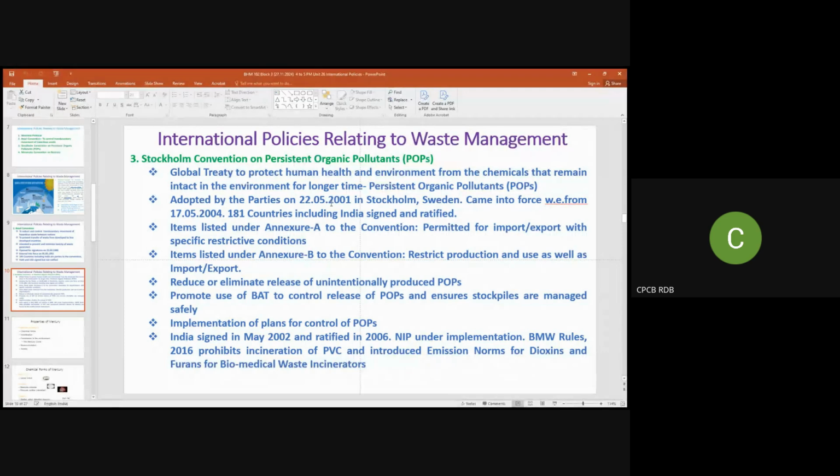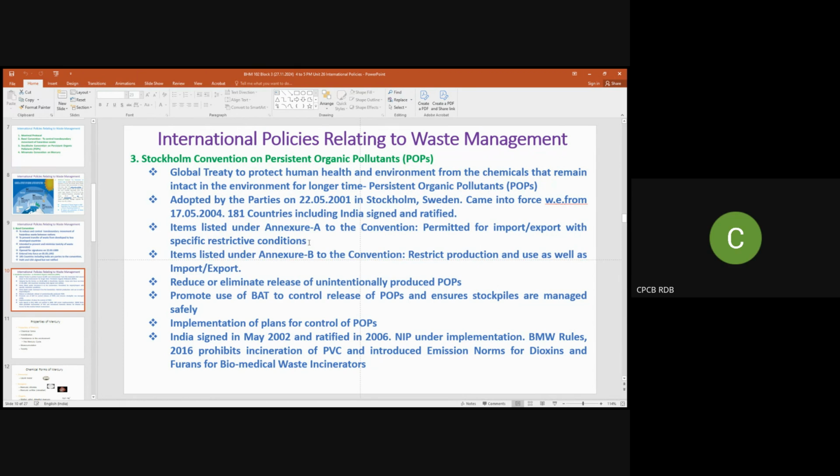Okay, and the Stockholm Convention was adopted by the various parties on 22nd May 2001 in Stockholm, Sweden, and it came into force with effect from 17th May 2004. You have to remember this. The Stockholm Convention is for control of persistent organic pollutants. As on date, 180 countries, including India, have signed and ratified, and we are adopting this, and we are also trying to